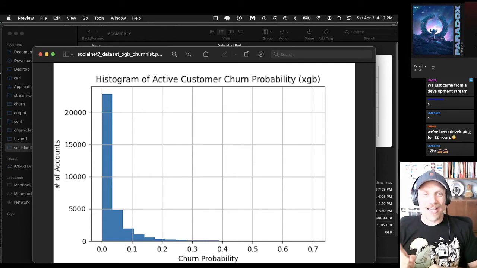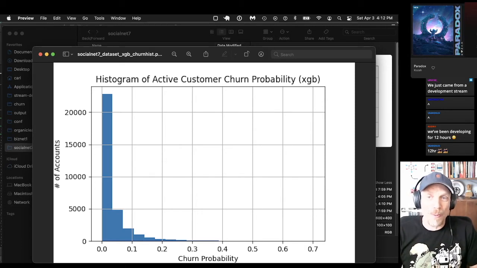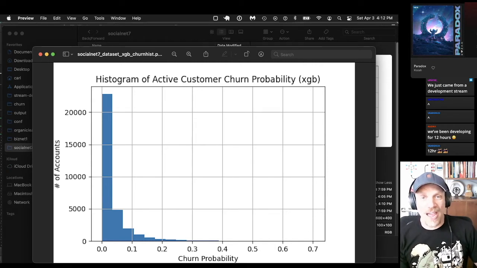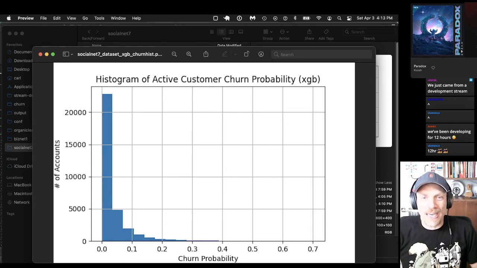But anyway, still answering the question about do we predict the timing of churn? Not really, because it's very hard to predict the timing of churn, and also the probability of churn is low. Now, you could come up with an expected time of churn for every customer, which is actually just 1 over the churn probability. That was actually explained in my stream last week, that the expected length of time that a customer will last.